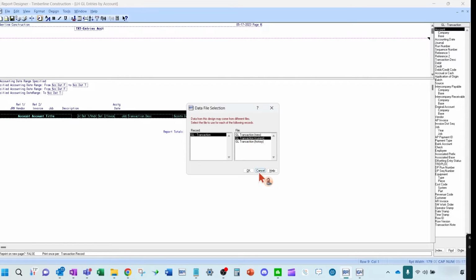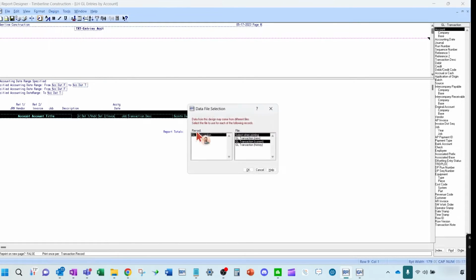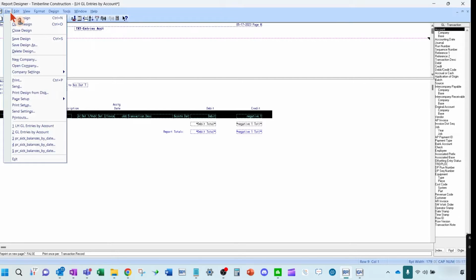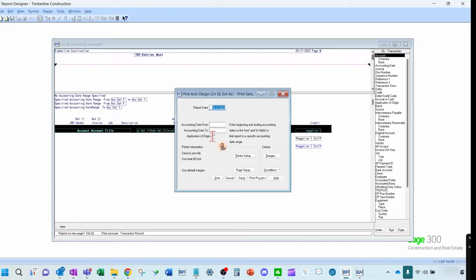So, okay, Mike, so that's data files. If you don't select when printing, it's just going to bypass that screen. So if I go into here, data file selections, and I just unselect that, just say current file. Now when I go to do it, it doesn't even ask me. It goes right into the preview.